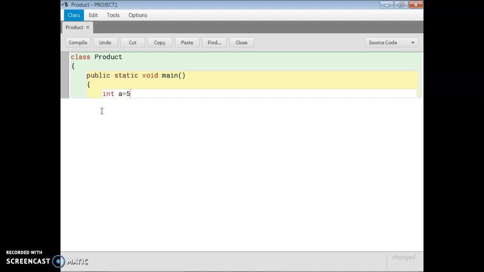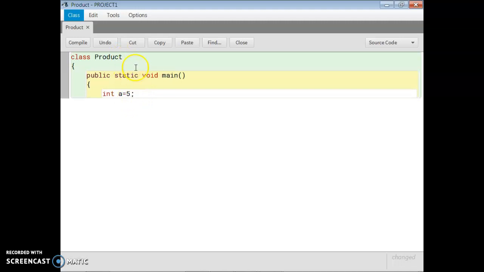Then semicolon. So I take one number which is integer type and the name of the variable is A, and equal to is the assignment operator which assigns a value to a variable. And you can write any value. Suppose here I am taking 5. 5 is stored in A and you end your line with one semicolon.